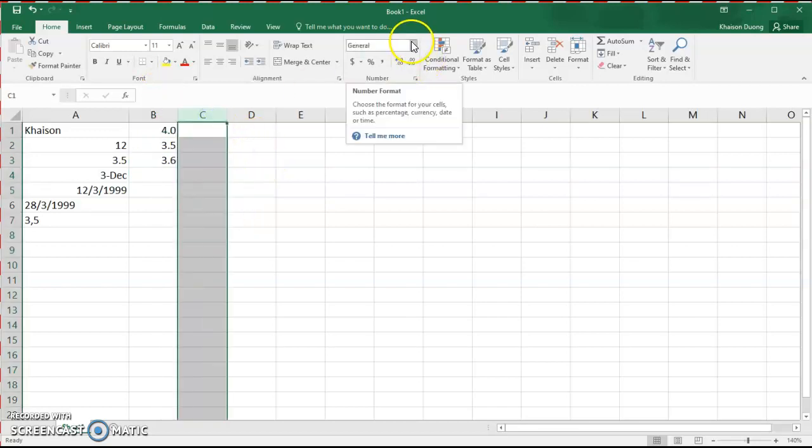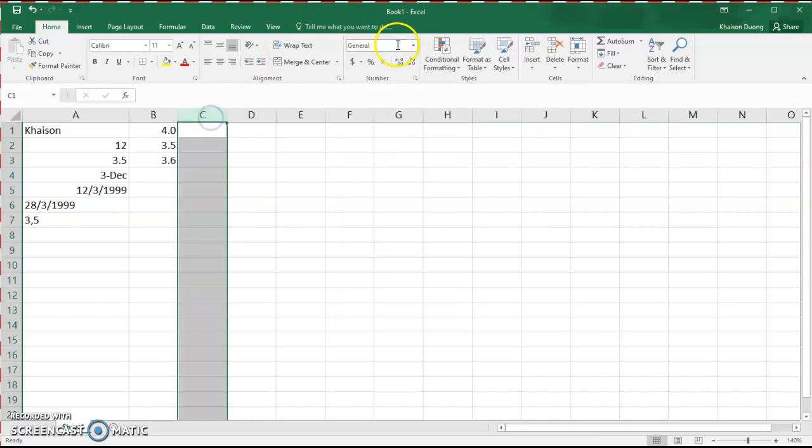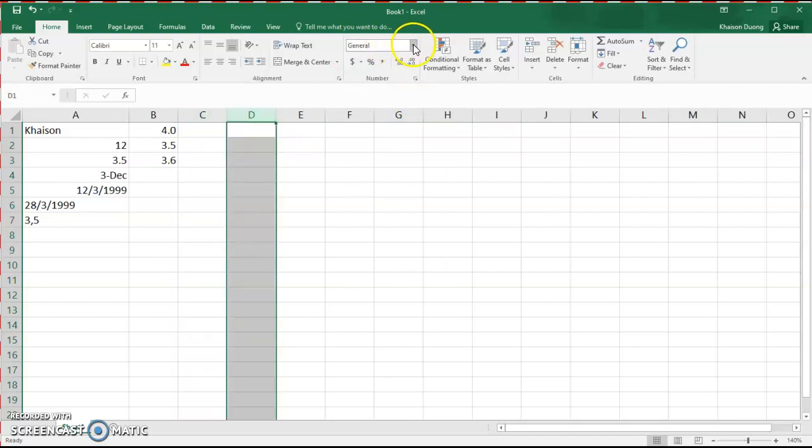Okay. Other things to notice. Accounting and currency are very similar. The only difference between accounting and currency, I'll show you really quickly. Let's make column C currency, and column D, we'll make it accounting, and you'll see very quickly the differences. So